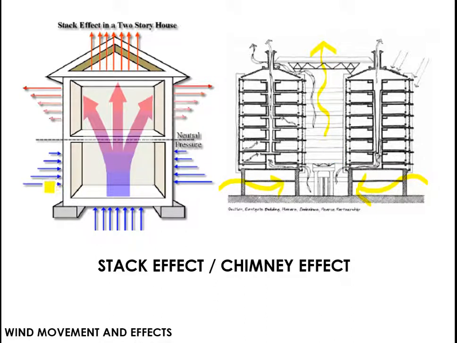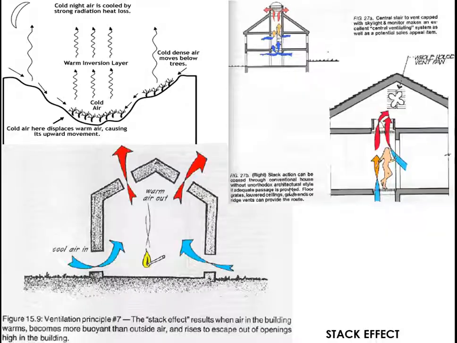This is created by means of pressures: there is positive pressure from here, and there is some kind of negative pressure on the top, so it tries to push the wind to the topmost part of the building. Okay, so when you have both the stack effect or chimney effect and your cross ventilation, we call it permeable buildings. So we can see that later.